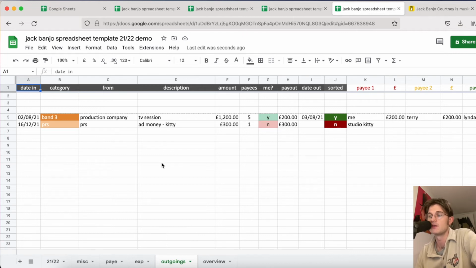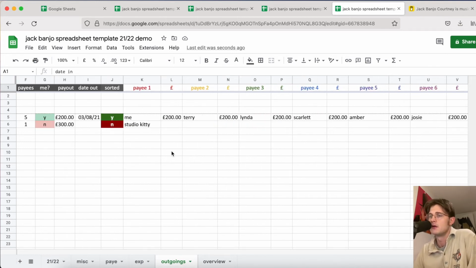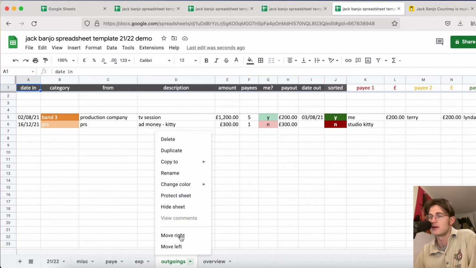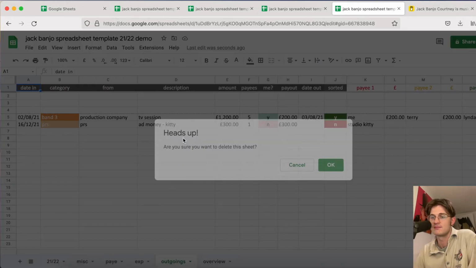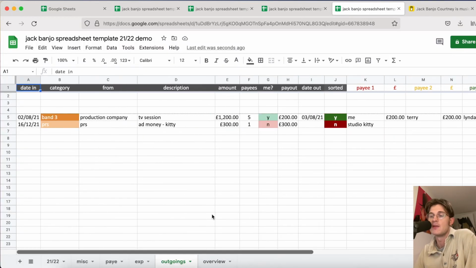This section, a lot of people might not need this. Basically, it's just to keep an eye on how much money. I've had a few things where I've been paid the whole band's fee and then had to pay it out, and just been a bit wary of where I am recording it all. So this is just a good way to record it. It's all manual. There's no links to any other things, so not everyone needs that. If you don't need it, right click here, you can just delete it. I'm going to say no. But yeah, and then the next one